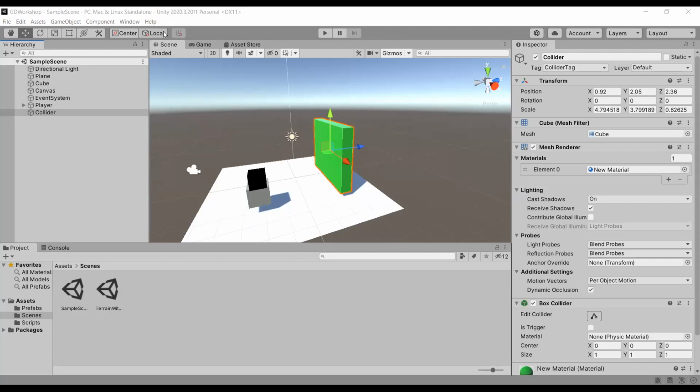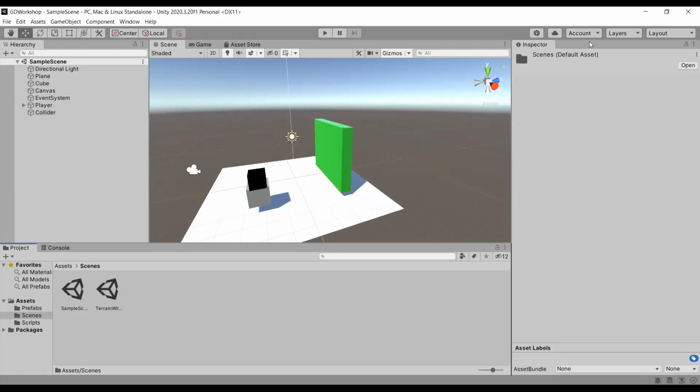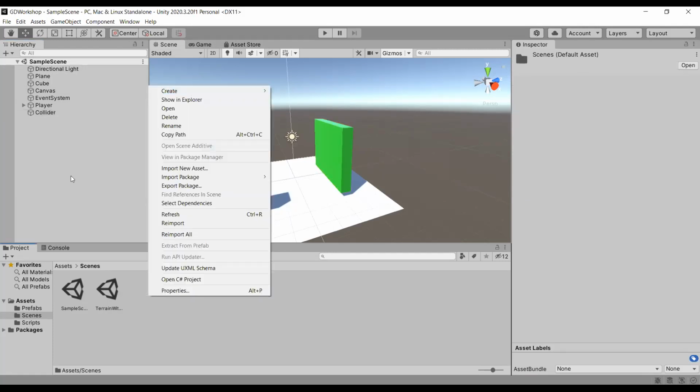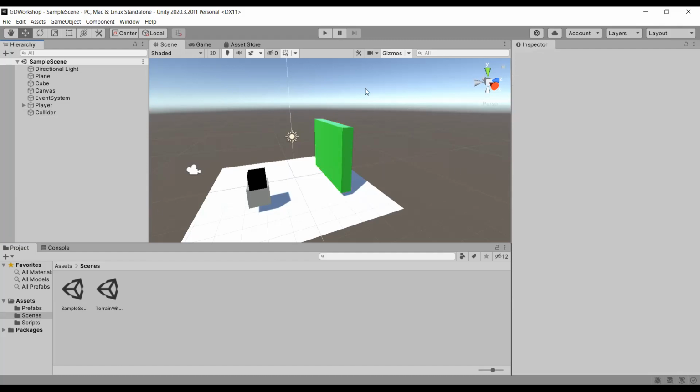Okay, so now that we're in the engine, I'm just going to go through a simple walkthrough of what is going on in this interface. Currently you're in the Unity game engine, and Unity consists of various layouts.